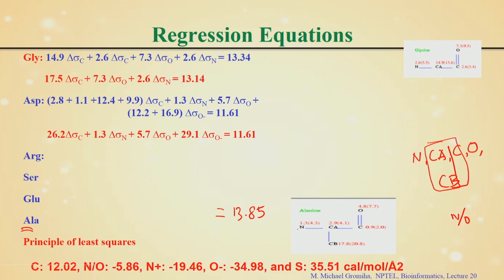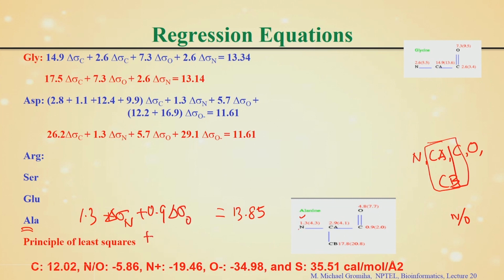So in this case you can see this N is 1.3, this 1.3 delta sigma N, and here is O, 0.9 plus 0.9 delta sigma O,